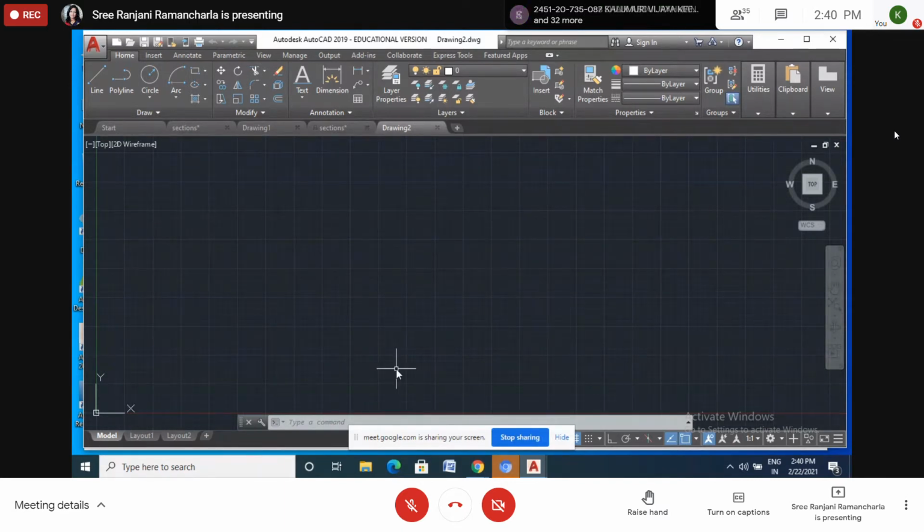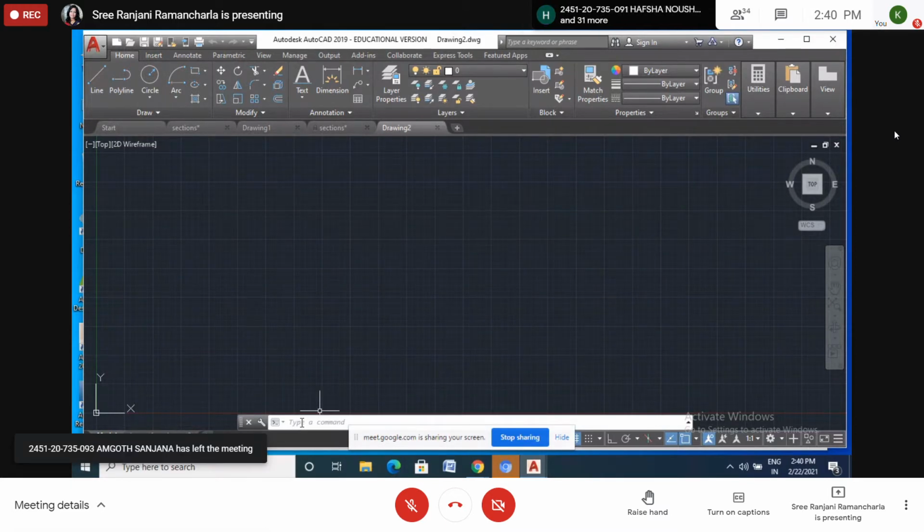So now first I will set the units here. Just type. And one more suggestion: when I am giving a command, please all of you note down that command at one side. Sometimes I will be telling the difference between two commands.